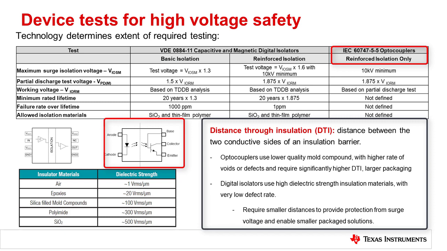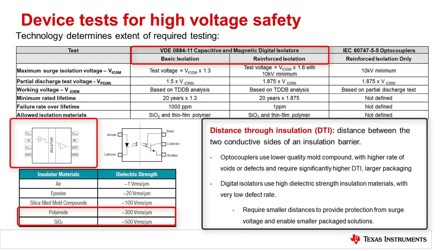The combination of distance and the quality of the insulating material play a direct role in whether or not an isolator will survive the surge test. The insulation barrier for an optocoupler is so large that a low-quality dielectric can be used and still survive this test, from air to epoxy. Because digital isolators use high-quality dielectrics that are significantly smaller, in the range of tens of micrometers instead of hundreds of micrometers, the high-quality insulation material itself enables higher surge ratings in smaller packages than the classic optocoupler technology. As a result, DTI specifications for digital isolators and industry standards enable smaller package solutions for component-level isolation.